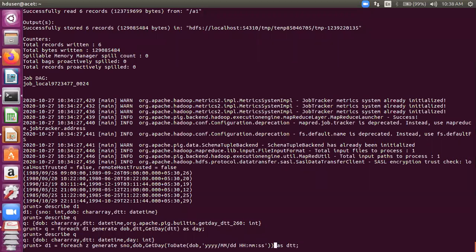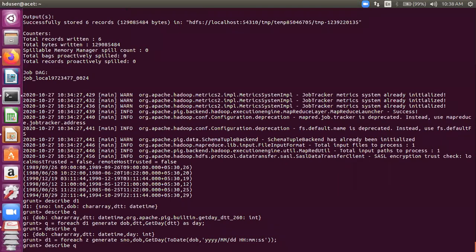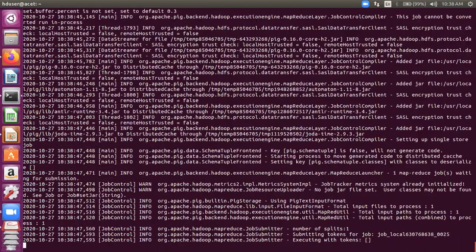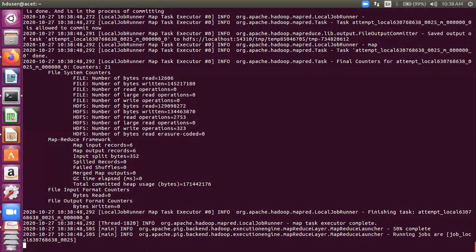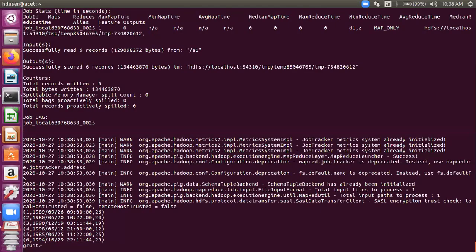Okay, got it now. Have a good look at it. You want to get the day, so you cannot write simply DOB here because DOB is a char array. So you use the toDate function. This toDate will convert it into a date, and this get day will extract the day out of it. So this is the same as what you did. So if you dump D1 now, you will get the same output. I'm not happy that none of you have answered this. This was very simple. See, the same thing has come as an output again.